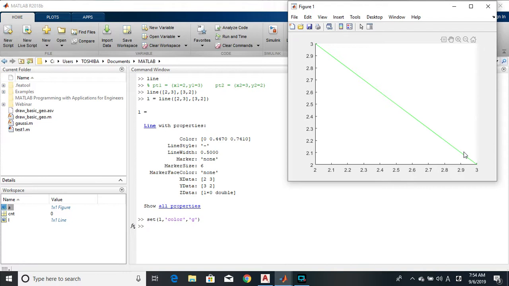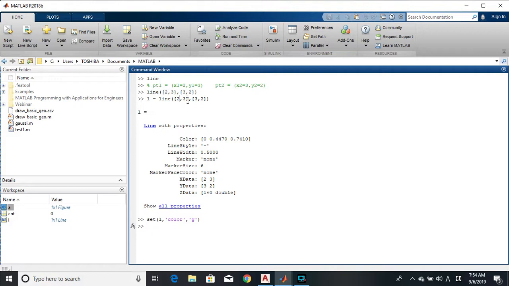You see that? Now, what you should also know is that these values are already shown here. The 2 and the 3, which represent the x values, are stored in the XData property of the line. And the 3 and 2 are stored in the YData property of the line. So if I want to change that,